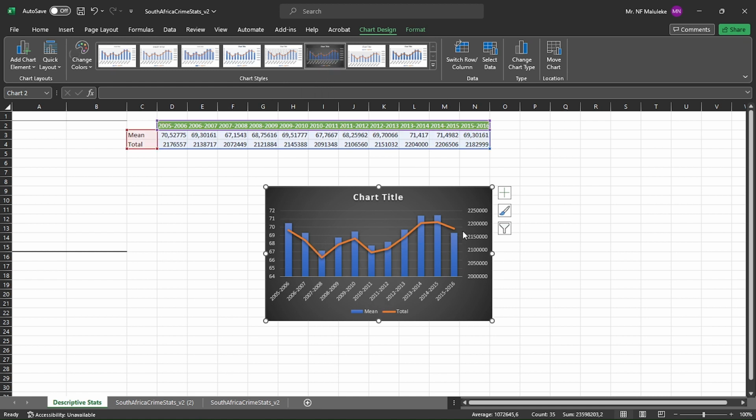So what can we deduce from this data? What we can deduce is that on average from 2005, the average number of crimes reported was between 70 and 71, and then it went down from 2005 to 2008. But from 2008 we start seeing a rise up to 2010, and then from 2010 it decreases, but not as low as it was in 2008. Then it starts going up again,